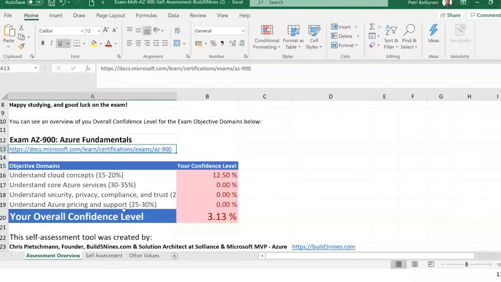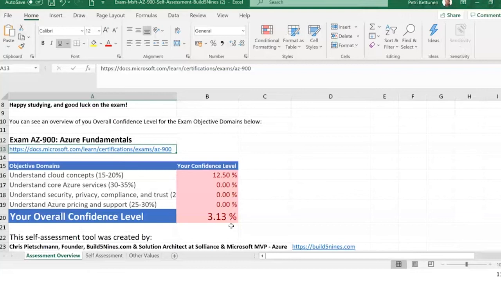It gives me the objective domains, those four main domains of this exam, and I can see, okay, at the moment it doesn't look good. My overall confidence level is just 3.13, so I have to do something about it. But this is a really good way to keep track of where I am with my knowledge.